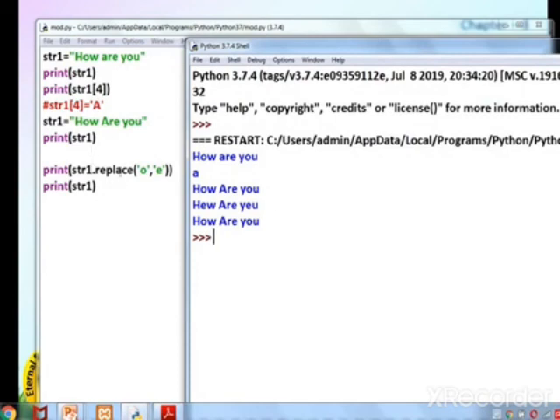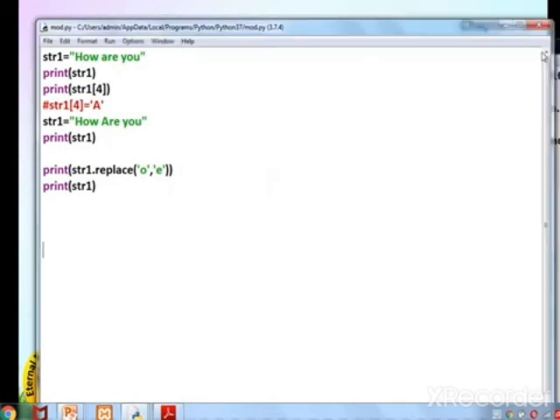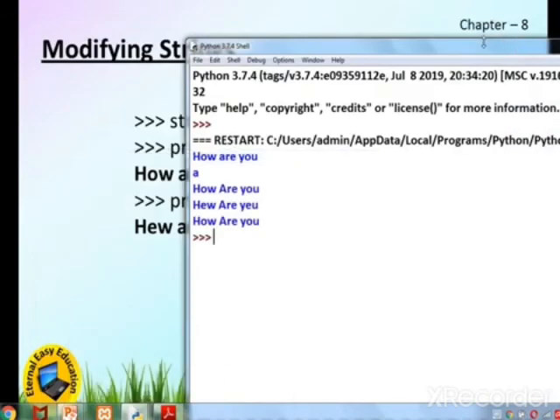In this place O is changed to E. Here also the letter O is changed to E. So this is one of the solutions.